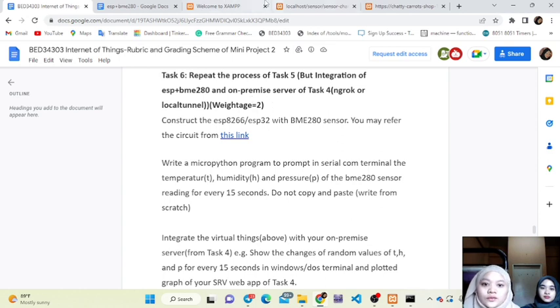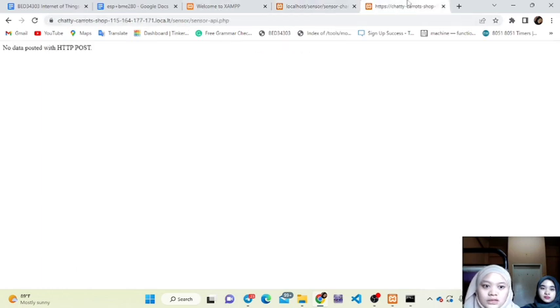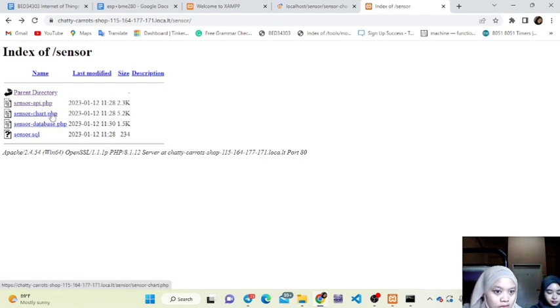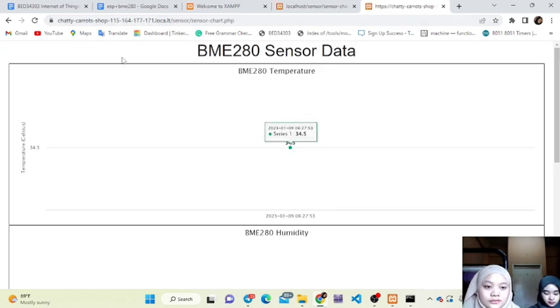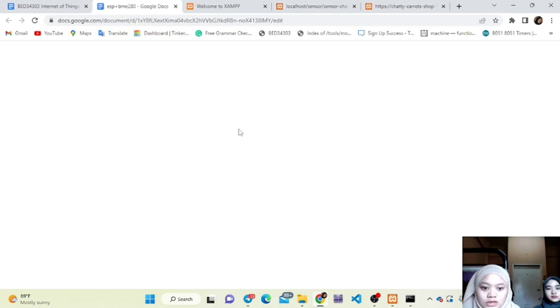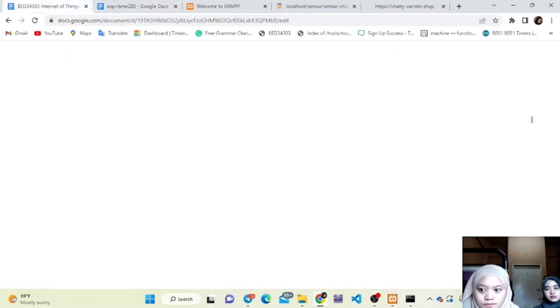So now for task 4, I have localhost, chat PHP, and for me, I use the local tunnel. So this is the URL for the local tunnel for sensor chat PHP. So now, based on the question,